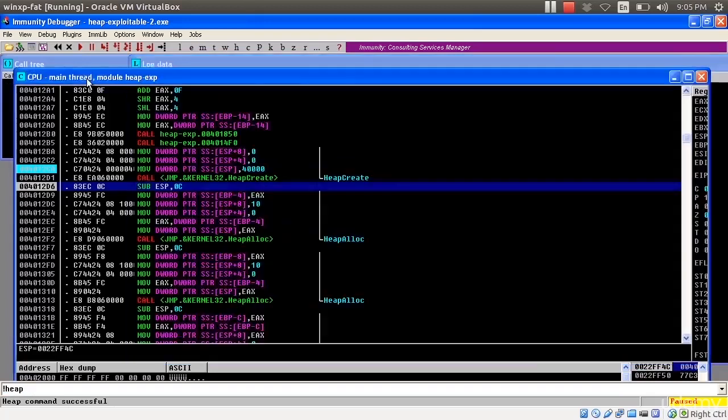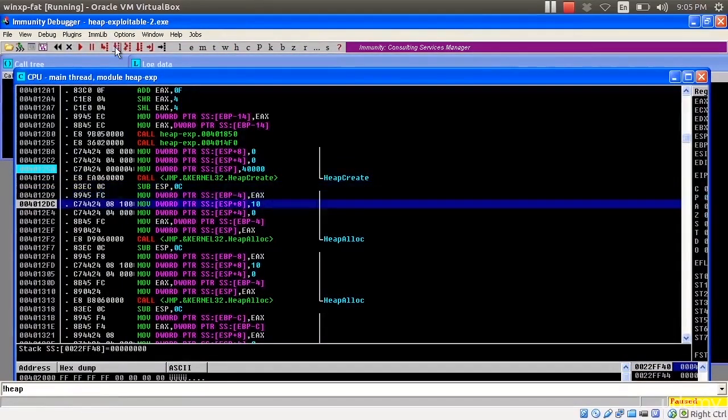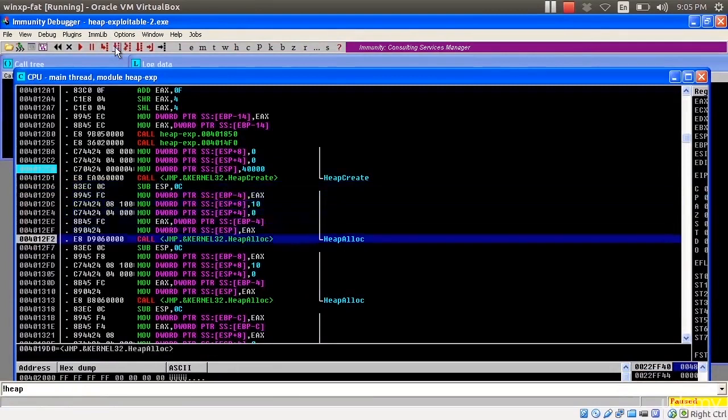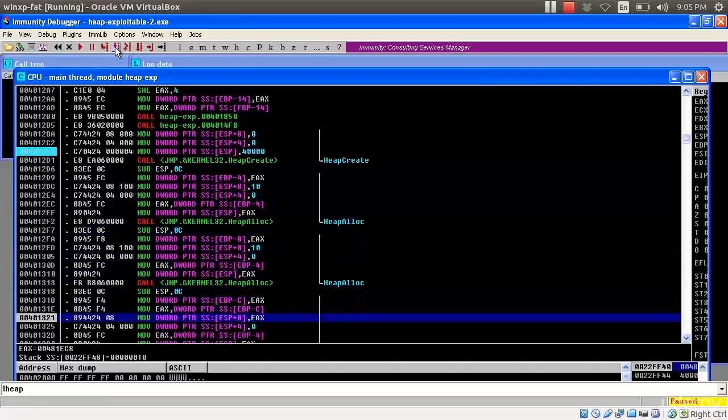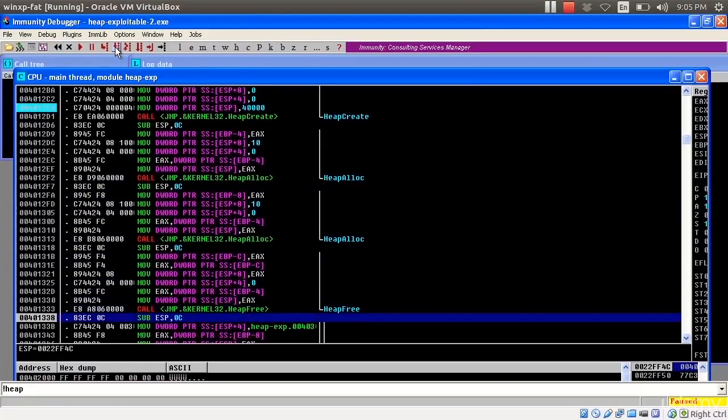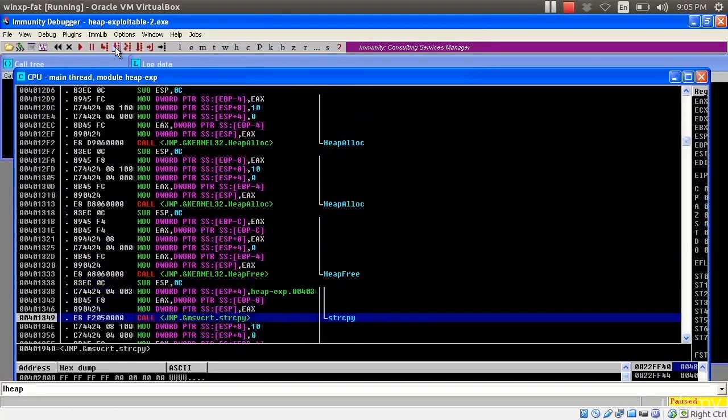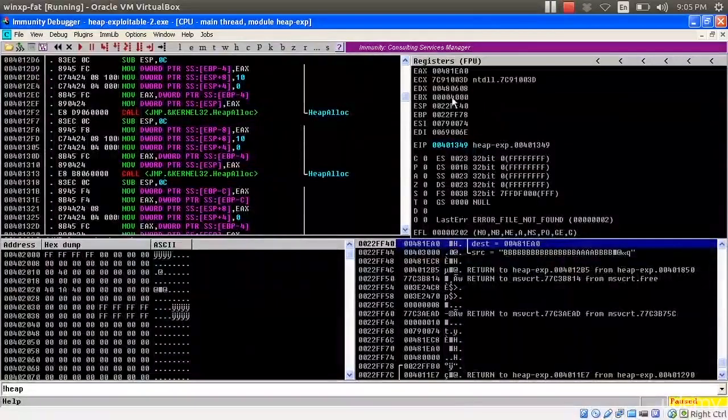I will go back here and run this again, and keep on stepping. I allocate my first buffer, my second buffer, then I free the second buffer, and I call strcpy. If I look at my heap, here I see all of those B's, then the A's, then the B's, and then this address. And I'll go ahead and step,